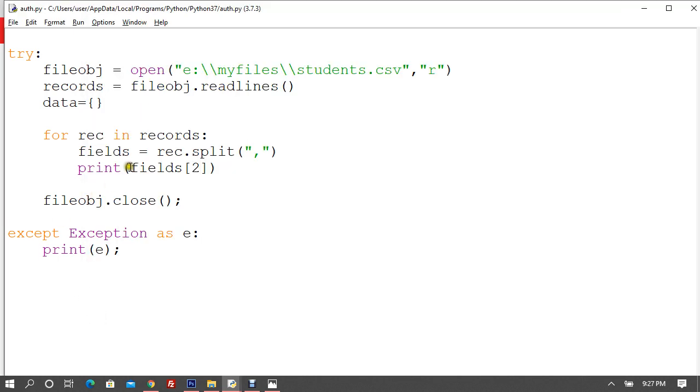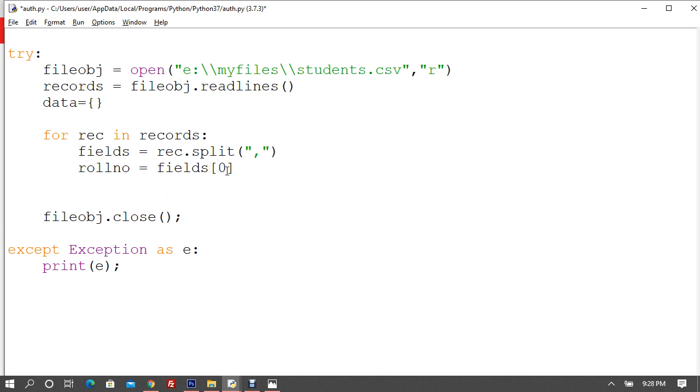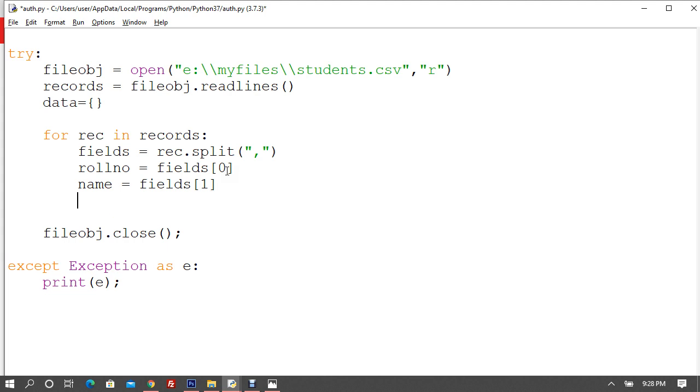Now if I say roll number is equivalent to fields dot 0, is it true? You'll say yes sir, it is true. Now if I say name is equivalent to fields 1, is it true? You'll say sir, it is true. And if I say gender,